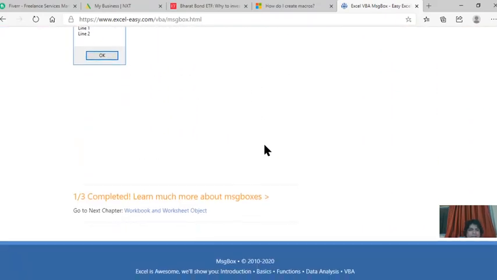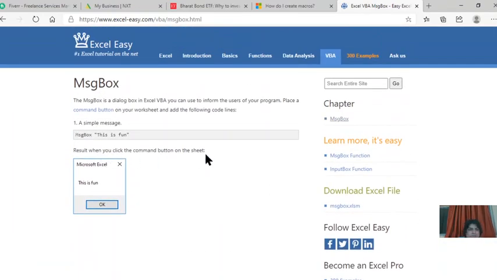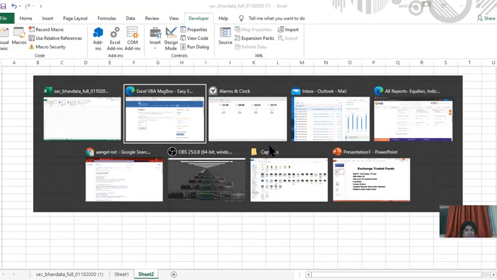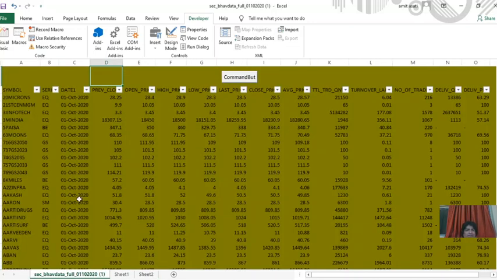And 1 by 3 is complete. Learn much more about the message box in Excel Easy, message box functions. And I don't like this message box. I only want the record button today, which we will use here. So with the record button we will record the macro here, and the command button, view source,